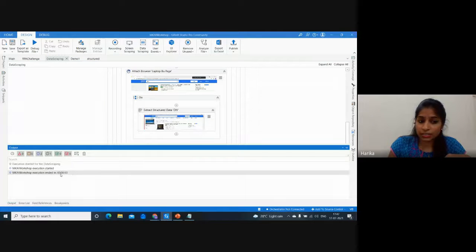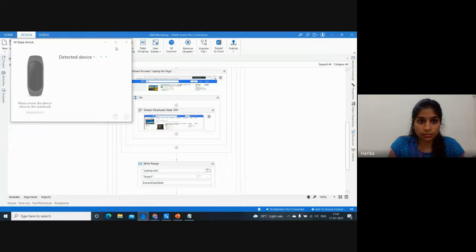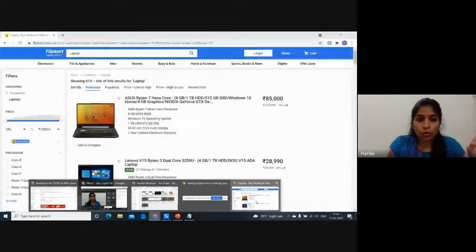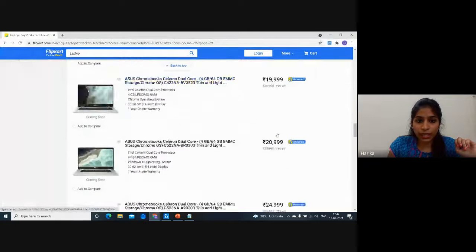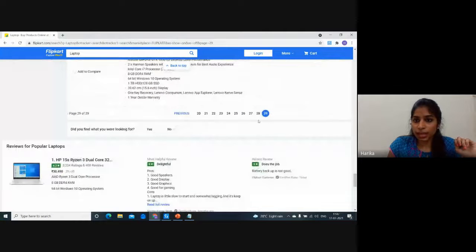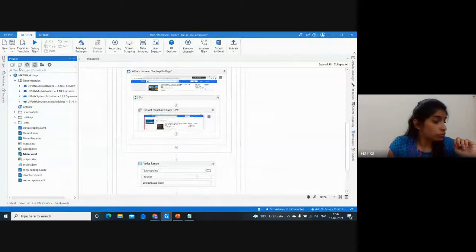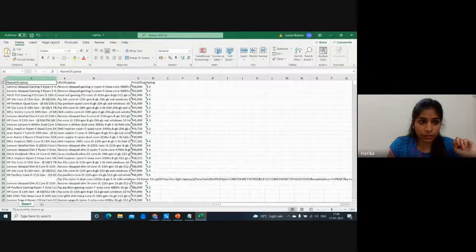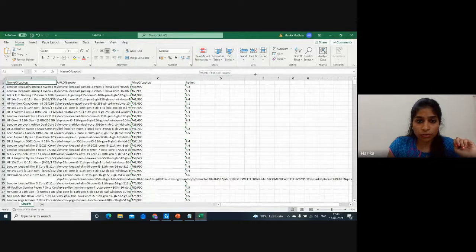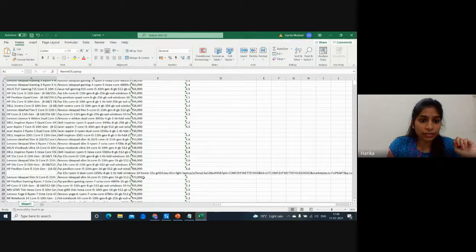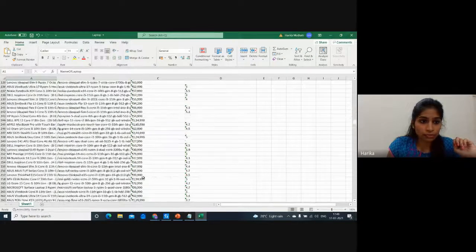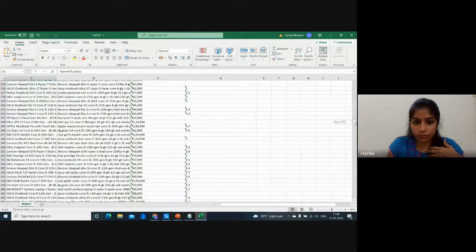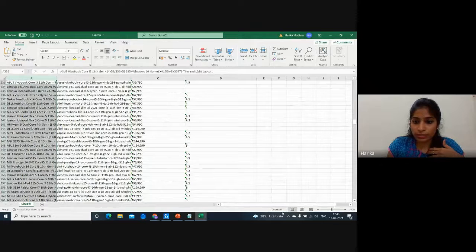It just took 53 seconds to extract the whole information. It has gone into all the pages, till the last page, and it has extracted the whole data. Now I'm just going to refresh this, and you have laptop.xlsx, which has all the information, right? Price and rating as well. When I created this workflow, I took the rating as well. You can see all the information has been provided very clearly. Just observe here, you can see 691 data entries have been taken.